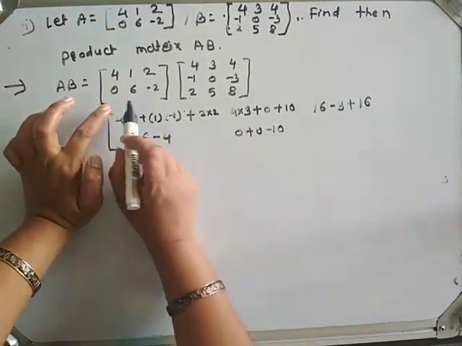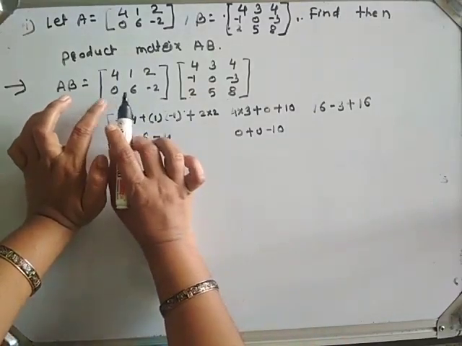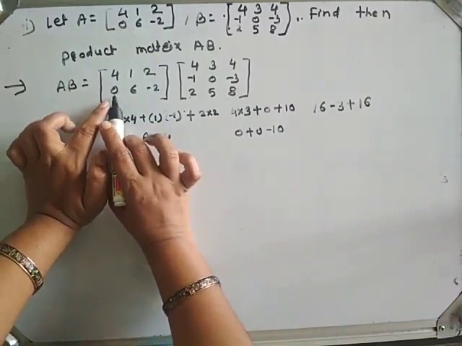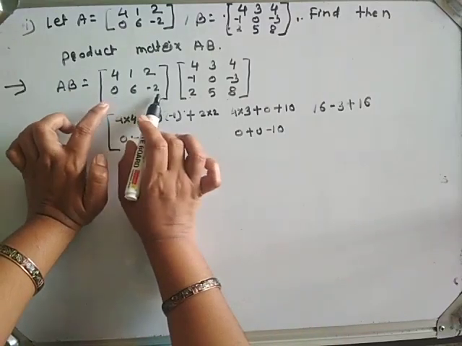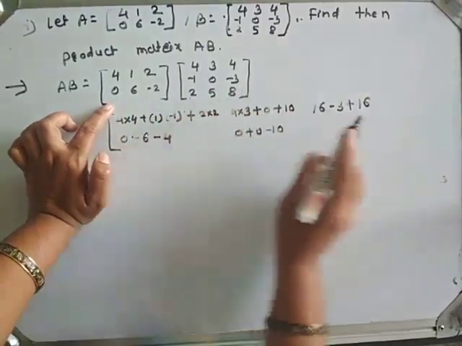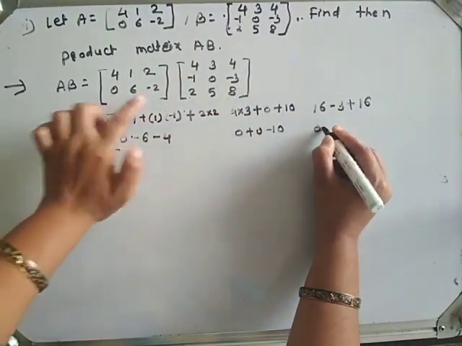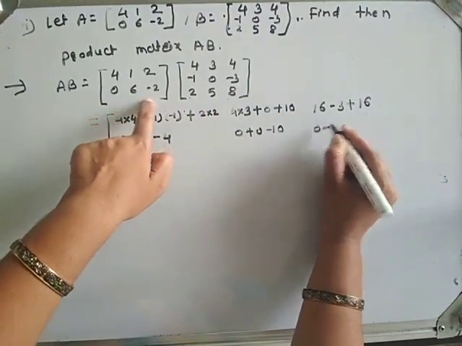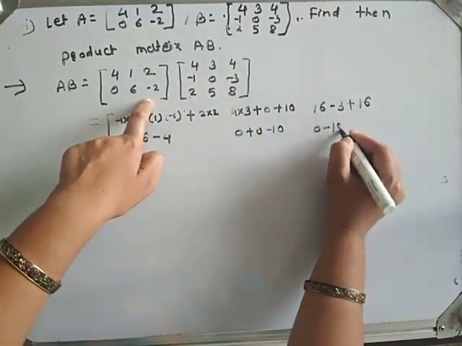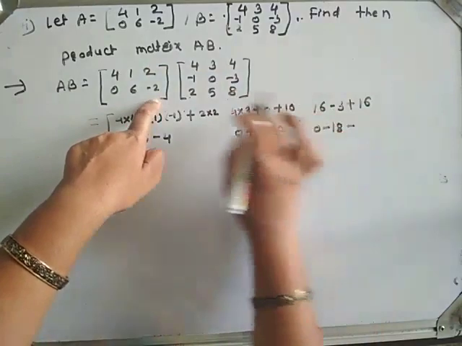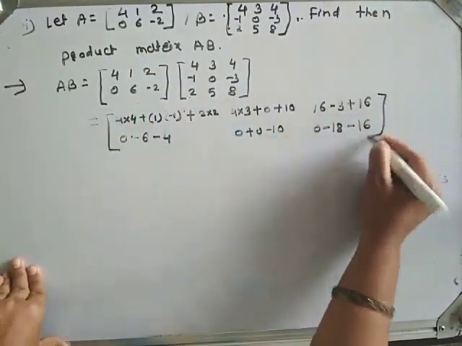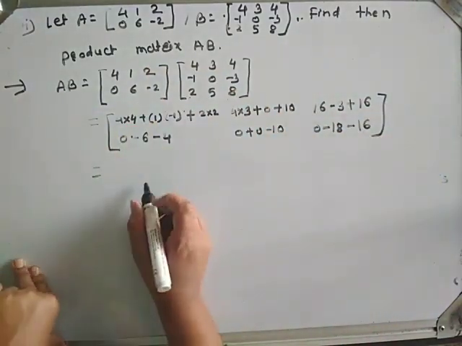For this we have to multiply the corresponding entries of the second row of A and the third column of B. 0 into 4, 0 plus minus 3 into 6, 18 minus 16, which is equals to,